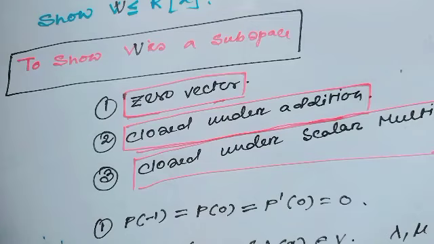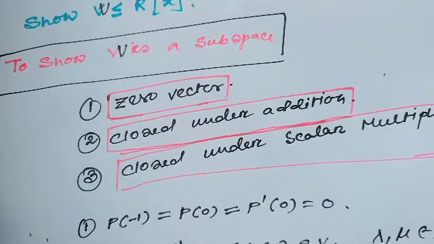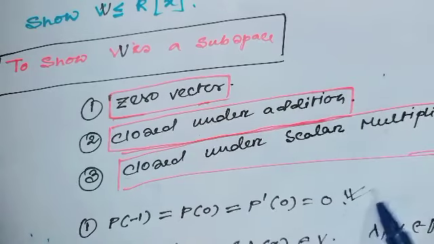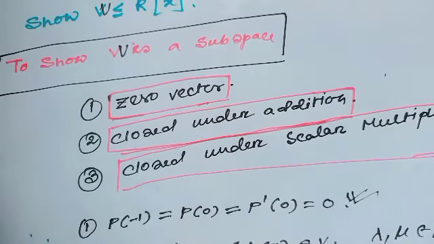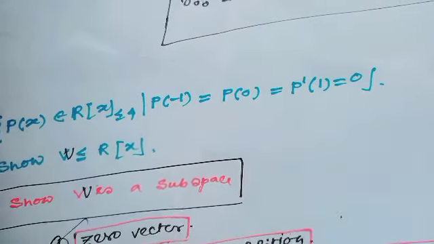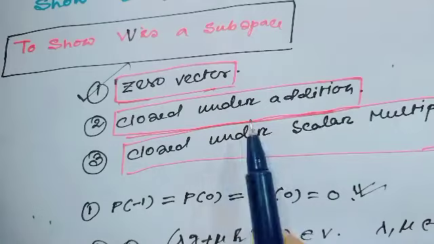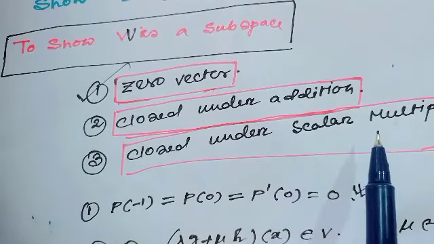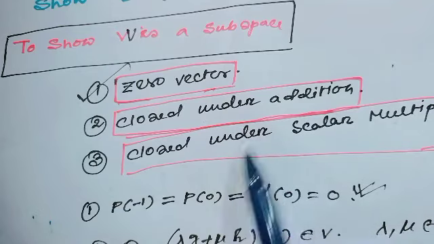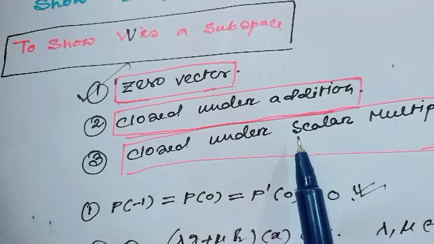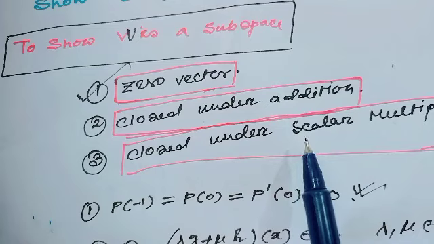Here obviously the subspace indicates p of minus 1 equals p of 0 equals p prime of 0 equals 0. That means obviously this subspace contains the 0 vector. That means option 1 is right. Now we have to prove closed under addition and closed under scalar multiplication. A combination of these two results to prove a vector subspace easily would be